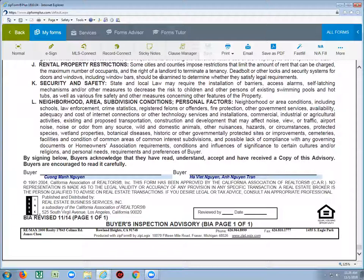Neighborhood, area, subdivision, condition, and personal factors. Neighborhood or area condition, including the schools, law enforcement, crime statistics, registered felons and offenders, fire protection, other government services, availability, adequacy, and cost of internet connection and other technology services and installation, commercial, industrial, agriculture activity, existing and proposed transportation, construction, and development that may affect noise, view, traffic, airport noise, noise and odor from any source, wild and domestic animals, other nuisance, hazard, or circumstance, protected species, wetland property, botanical disease, historic and other